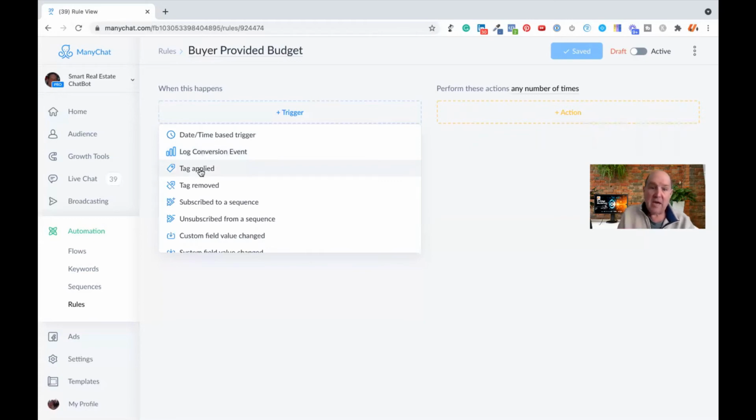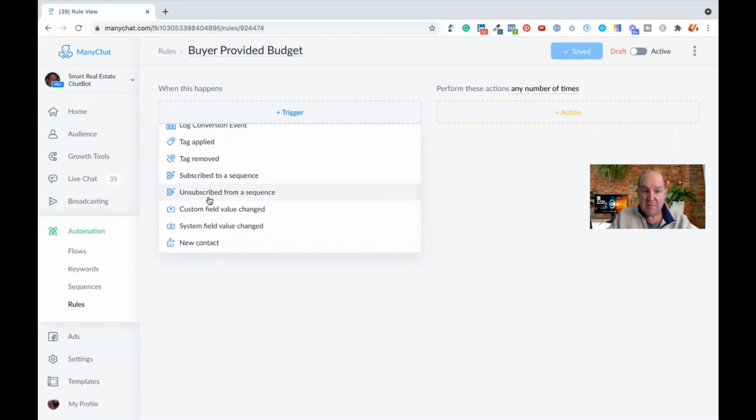when a tag is applied or when a tag is removed, when somebody gets subscribed to a sequence or unsubscribes. And I can also in here monitor custom fields. So when a field has a value set, then I can trigger the rules. So maybe they told me the budget, and in the flow, I store whatever they told me their budget was into a custom field in ManyChat. I can have that stored, and then when that value gets hit, then I can trigger a flow through the